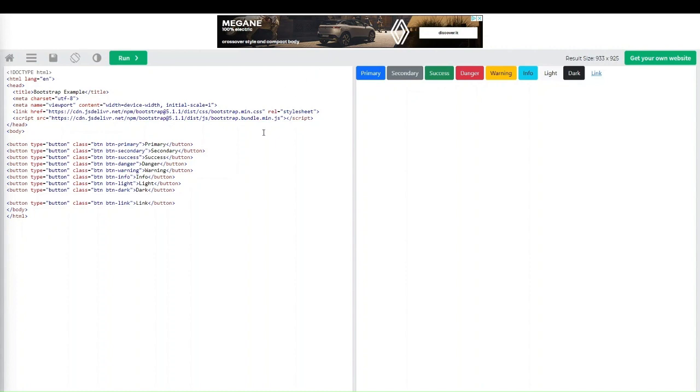And they're already pre-styled for you. And they all have their own kind of hover states as well. So it's pretty good if you wanted to have your own kind of button link as well. You can use the